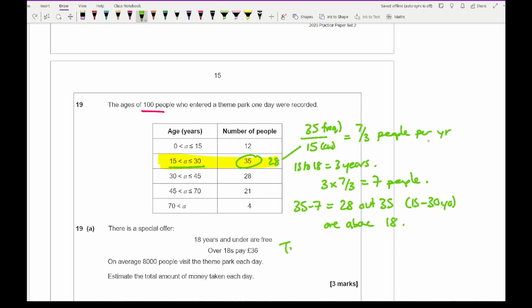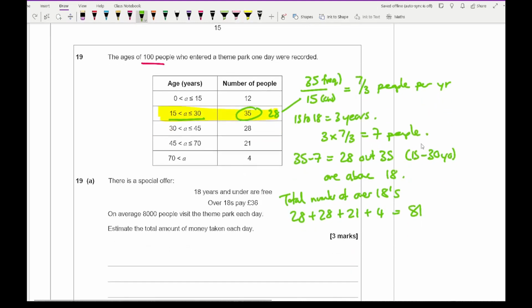So then to work out the total number of over 18s, that's going to be 28 plus 28 plus 21 plus 4. And if I type that all into my calculator, I get 81. Now the question then says, how much money are we expected to get? Well, for this I can do 81 multiplied by £36, and if I type that in, 81 times 36 gives me an answer of